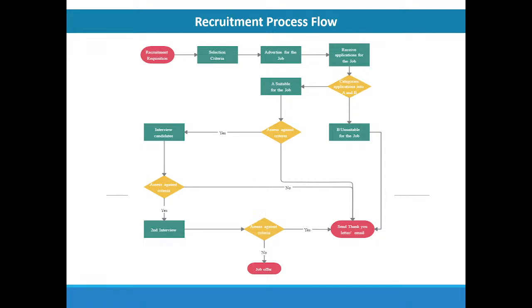Okay, and if B is suitable for the job, then you can select the candidate and send them the offer letter. And for the A category, like in your organization, A is a difficult job and B is like a clerical type of job, so you can select any candidate who has a minimum